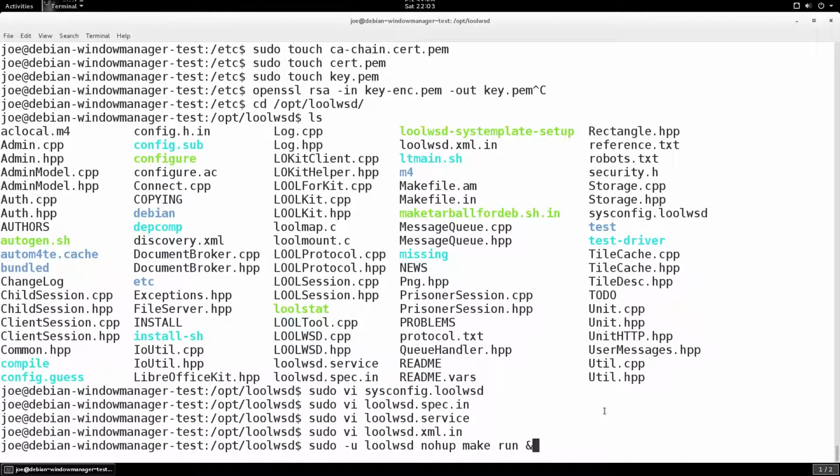If you are running this on a remote server and you want users to access that server from an external, like internet connection, okay? So let's say you have two servers. One is owncloud.example.com and the other is office.example.com. If you want people to be able to access your loolwsd system so that they can use LibreOffice in Owncloud, you're going to want to make sure